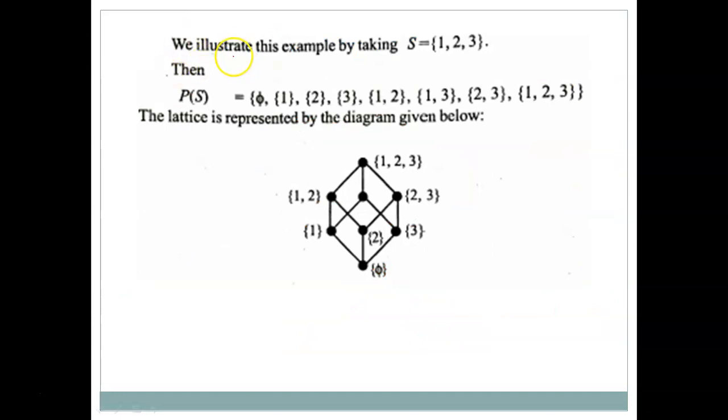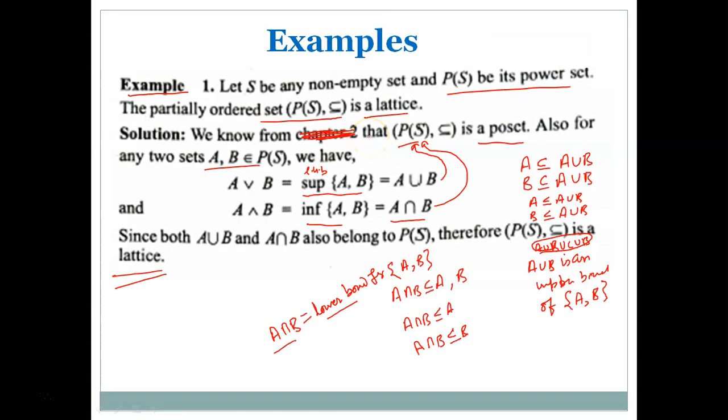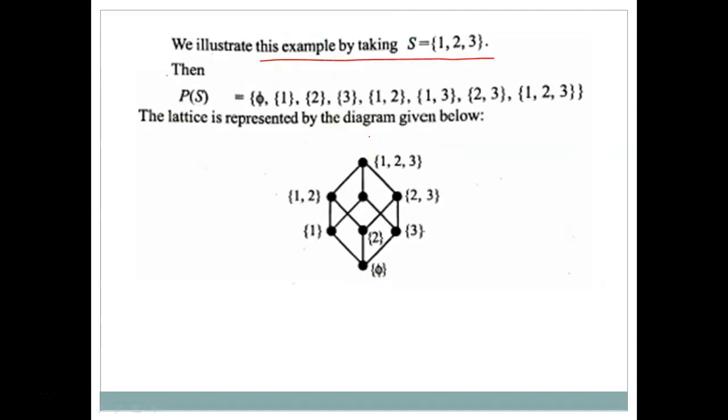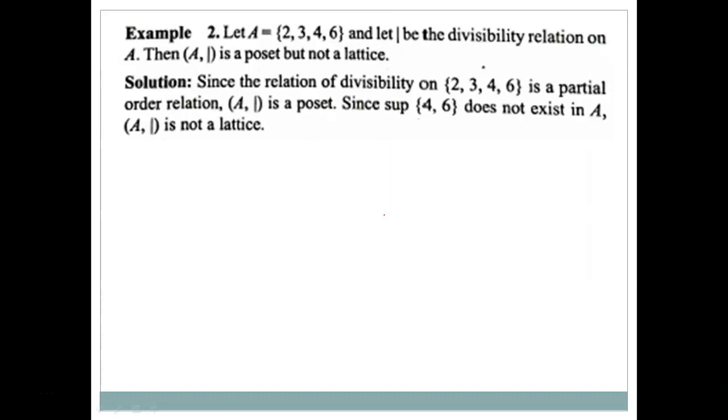Let us illustrate a lattice with the help of a Hesse diagram. So we have this set S having 3 elements, then this power set has 8 elements, and we have already established that any power set is a partially ordered set, and hence a lattice also. In general we have proved that any power set with the inclusion relation is a lattice. So here we can draw the Hesse diagram for this. We have already discussed it in our earlier lectures.